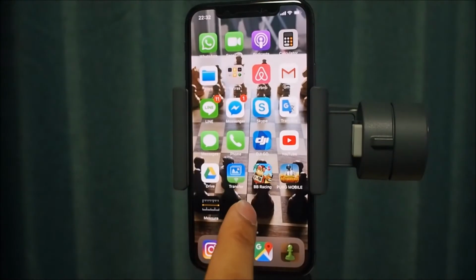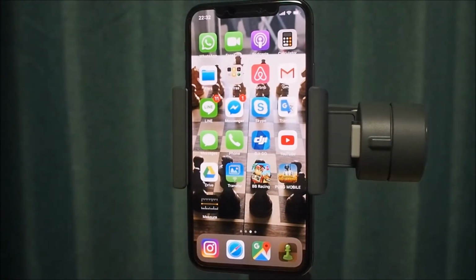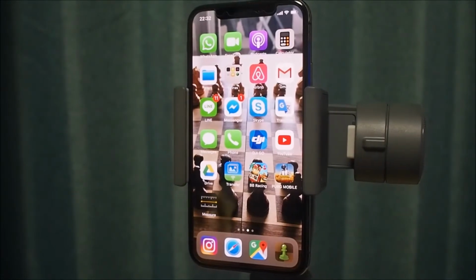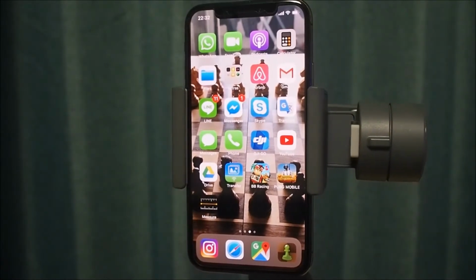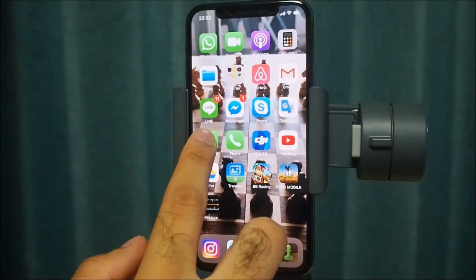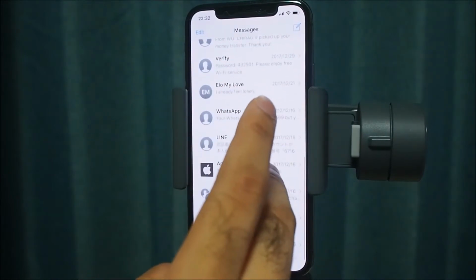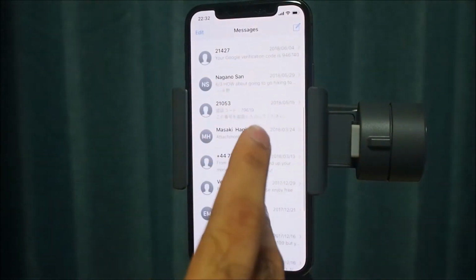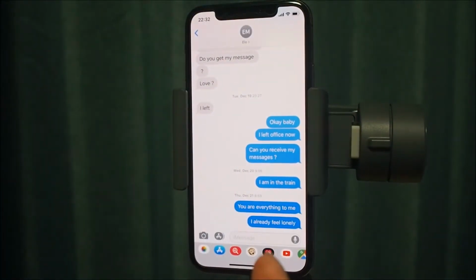Alright, so the first one is emoji. Finally, Apple have decided to add emoji on iPhone. So I'll show you how you can create your own emoji using any of your iPhone devices. All you need to do is open your messages. So when you open your messages, I'll just go in here. Just go to any private messages which you have on your iPhone, and then